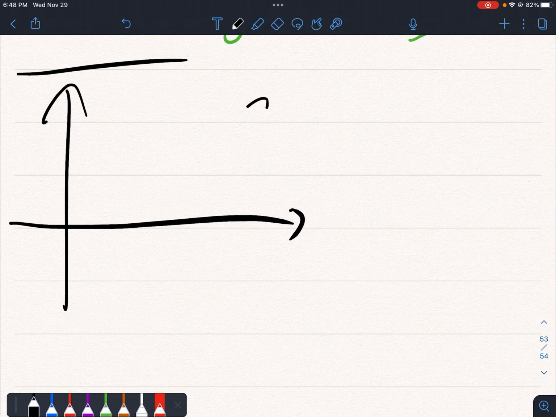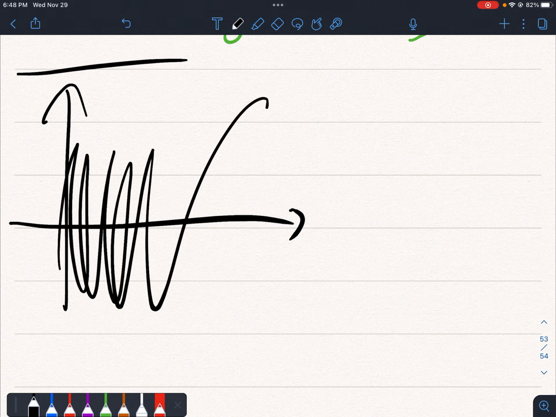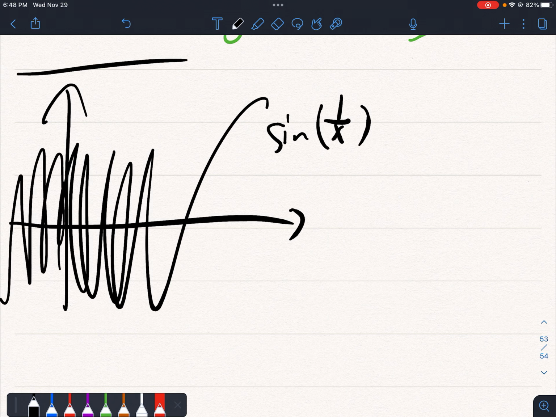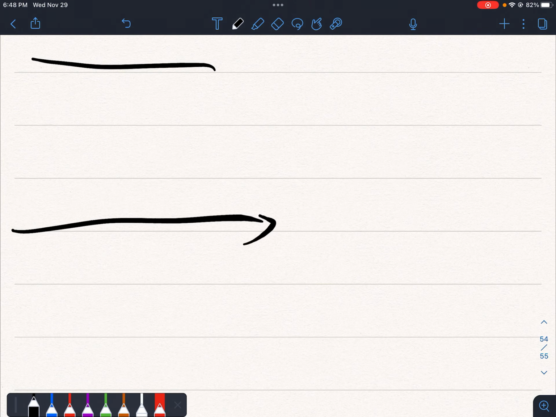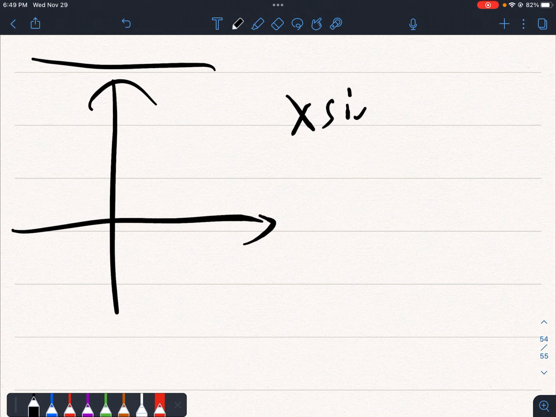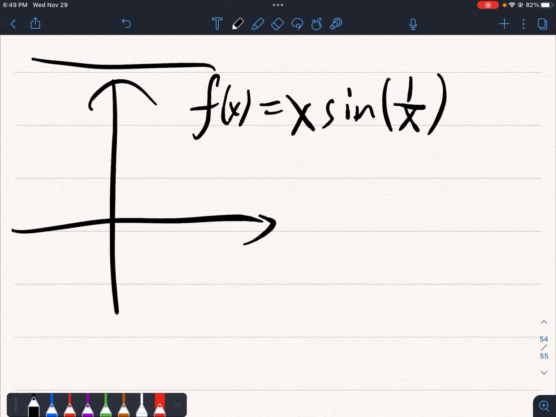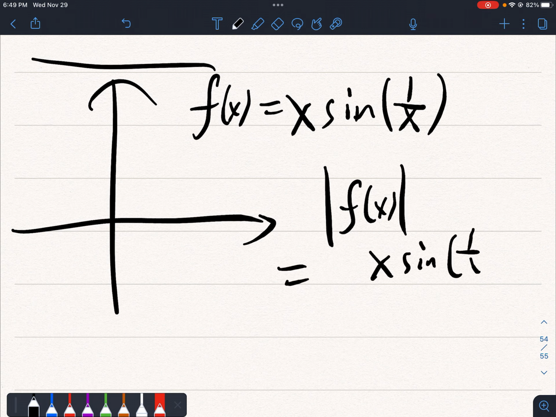So usually it's about the trigonometric functions. So for example, if we look at the graph of, let's say, sine of 1 over x, then clearly the limit does not exist for sure because it oscillates from minus 1 to 1. But what about x times sine of 1 over x? Okay, so we'll say that this function is f of x. Then if we look at its absolute value,